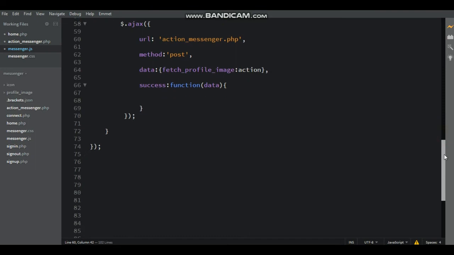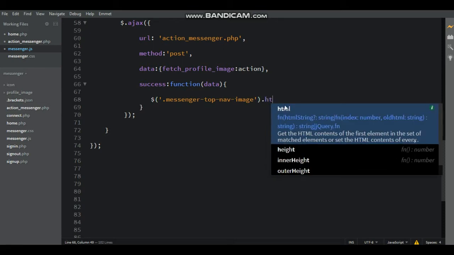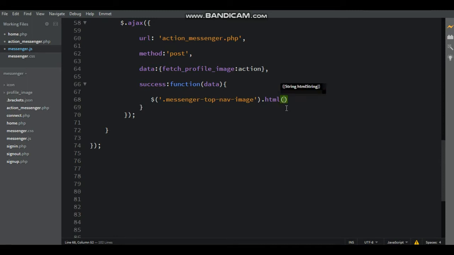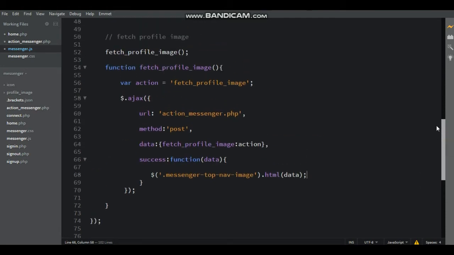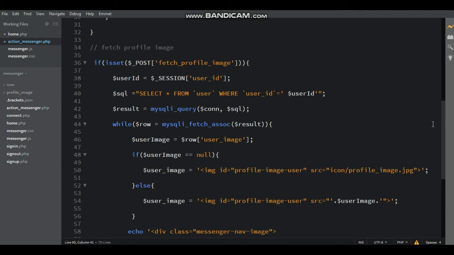Now here write success function data using $ sign inside bracket single quote dot messenger top name image class name and .html(data), and then close with semicolon. Here AJAX request is success, and then profile image displays output.